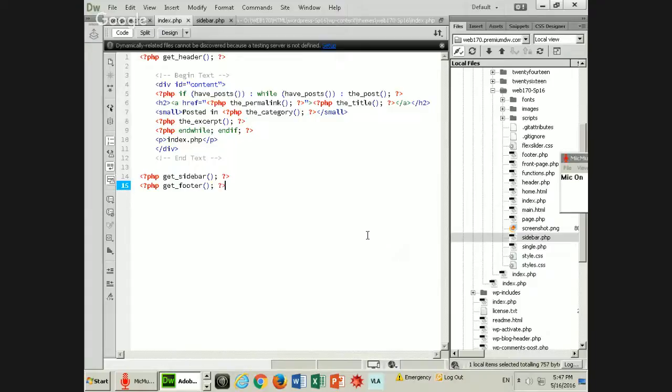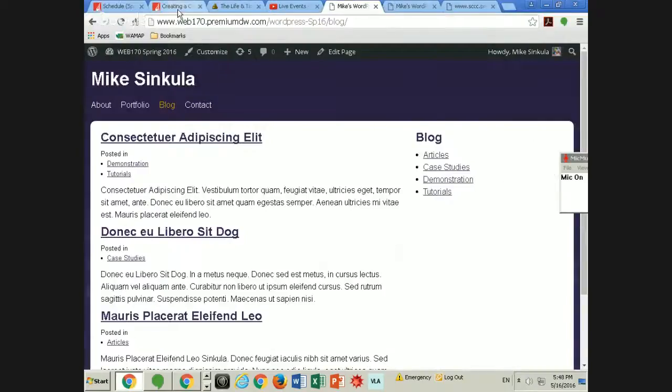I'm fond of using the small tag. Why? I have no idea. But just like the strong tag, I find the small tag useful, right? And so I typically, instead of a paragraph tag, use the small tag, and then in my CSS I'll define it. Okay. So if I go back to my lecture here,